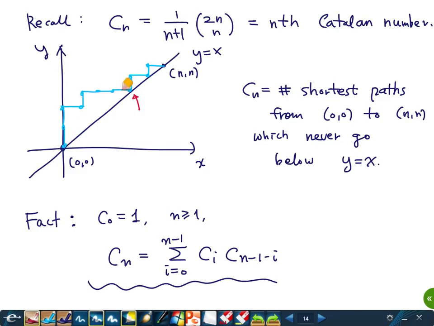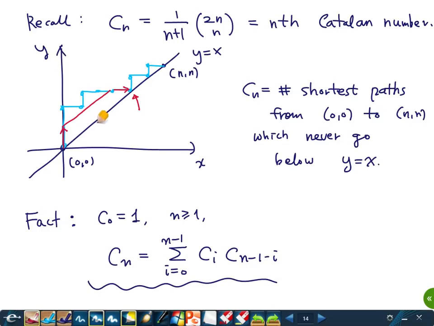Then what does that mean? The first step is always an up step, right? And this step must always be a down, like that. And the condition, the assumption that this is the first touch, means this will never go below this line, because otherwise there would be more